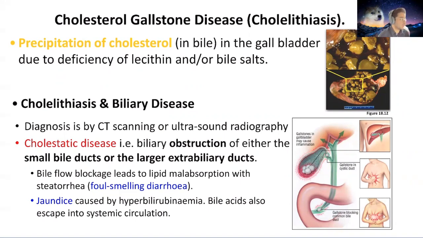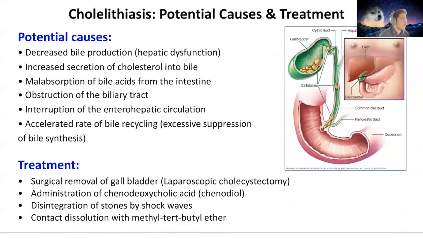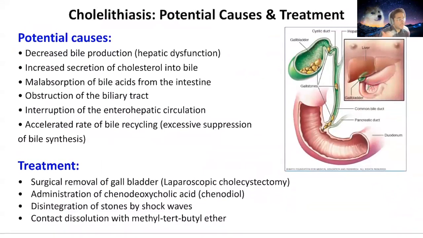If there's any sort of gallbladder level issue and an obstruction, guess what? Steatorrhea, right, is the foul-smelling loss of your fats and your cholesterol and lipids. Jaundice can typically be the identifiable thing. Scleral icterus, like if you see your patient's eyes, the scleral component being turned yellow, it's because these bile acids don't know where to go, so they get deposited into connective tissue. Potential causes, right? They gave you guys a whole